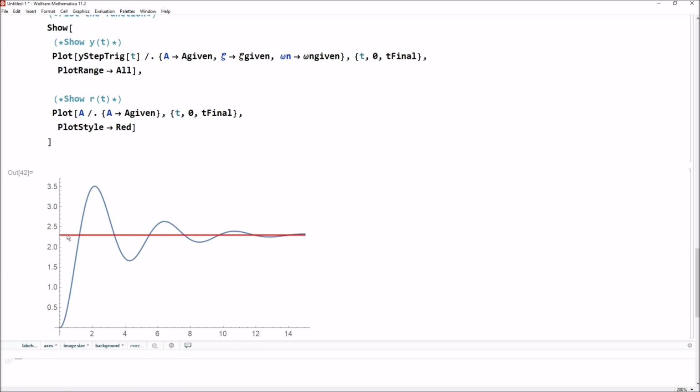It starts trying to go to wherever you put as input here. Eventually it settles out so that the output is equal to the input. But on the way to getting there, you notice here it way overshot. And then it took a little while to come back and settle here. So this sets the stage for the